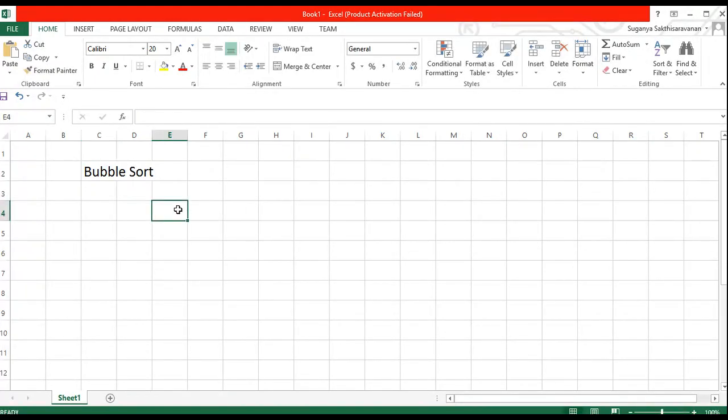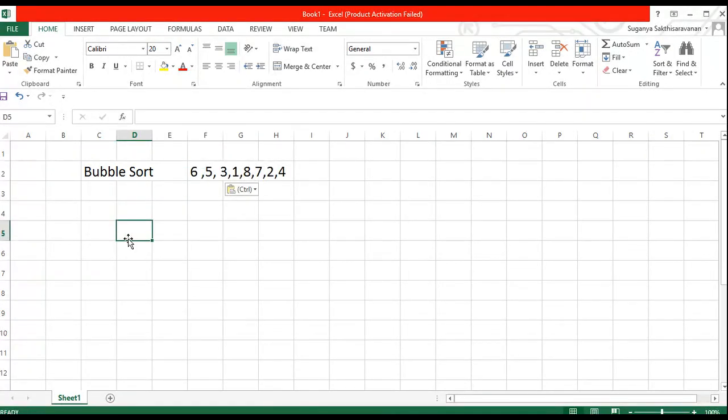Okay, let me write the values here and we'll perform the sorting algorithm. These are the values we have taken, right?